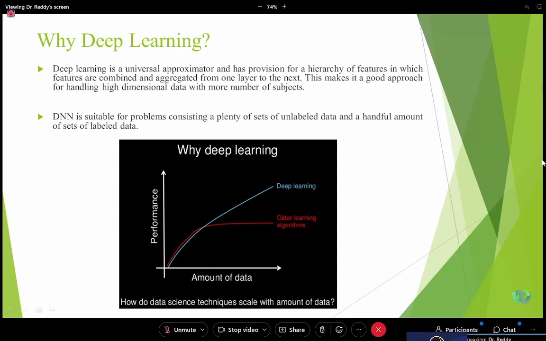Yes. So why do we call it a universal approximator? Normally when we talk about the deep learning architecture, we consider certain features in the input layer, and we extract those features and the knowledge in the next layers. The features are combined and aggregated from one layer to the next layer, so you are getting better and better knowledge discovery, right? That's why it's a very good approach for dealing with a lot of non-labeled patterns and large amounts of data.